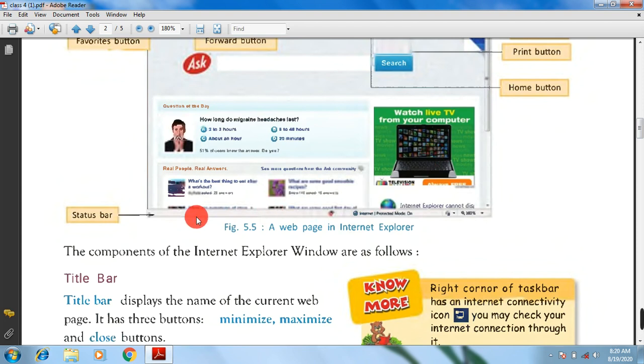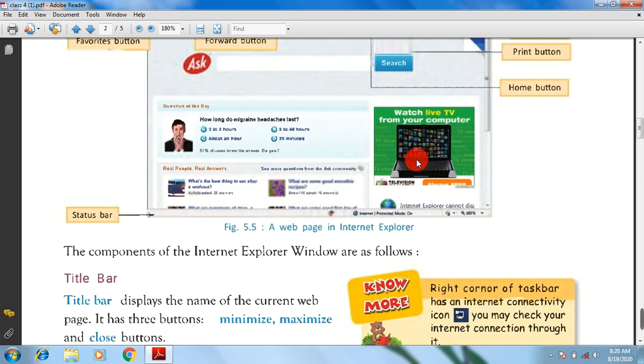Now here is this status bar which displays status of your web page or the website you have opened. So it displays different information of the website you have opened.